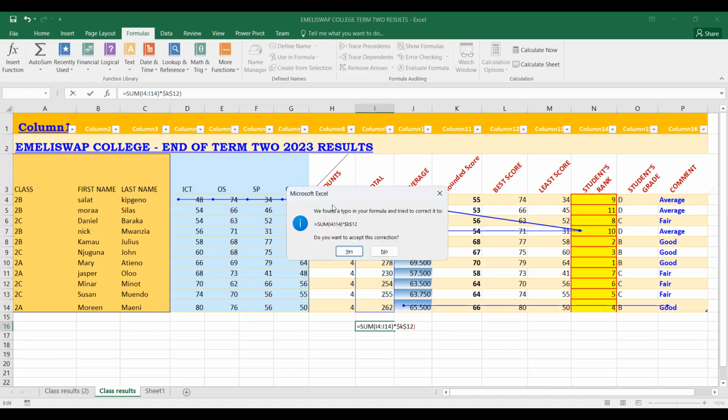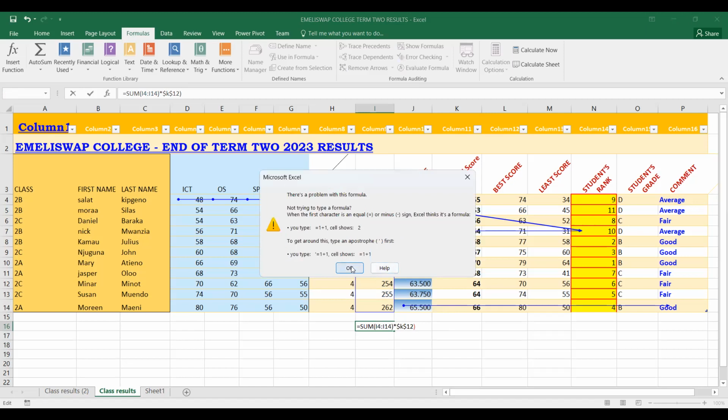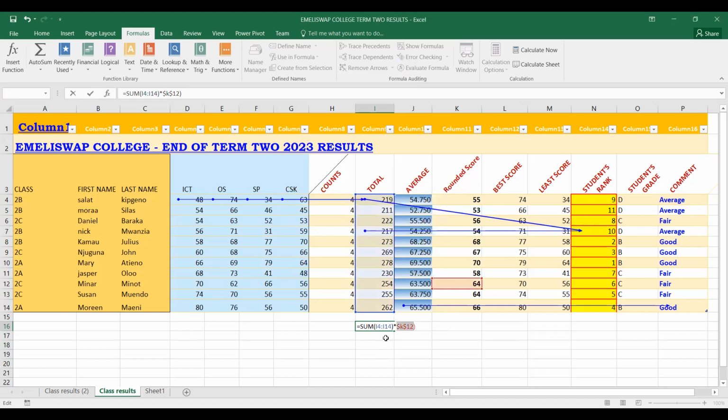Let's enter. We found a typo in your formula, so there's an error in my formula. So it is SUM I4 to I11, then I move this bracket, multiplied by $K$12. I press enter. Let's trace